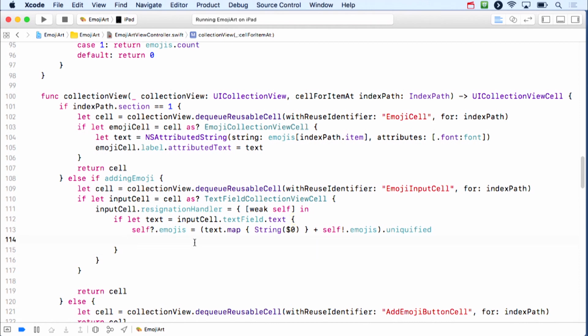Sometimes just because it tells you about self doesn't mean there might not be other ones in there, and there is another one. It's this. This var is the input cell, and I'm using it inside this closure, which will capture it, and yet it is pointing back to the closure through its resignation handler. So this has to be broken as well. Now this one we can break with unowned